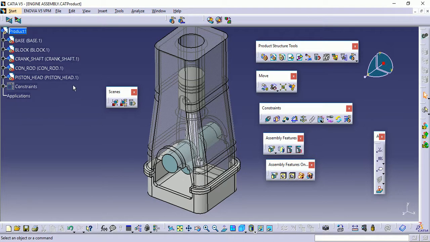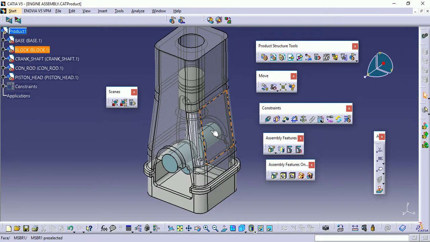Now in CATIA we have a separate environment called assembly design for creating the assembly. For creating the assembly, we have to make sure each and every component is placed at the proper position, and we have to make the assembly in the software by keeping in mind the degree of freedom.